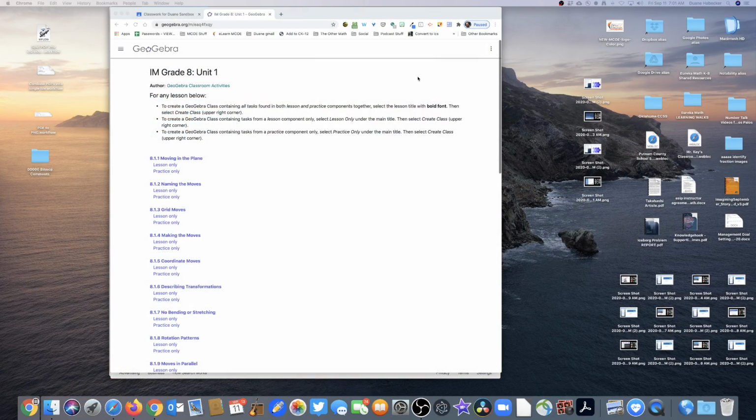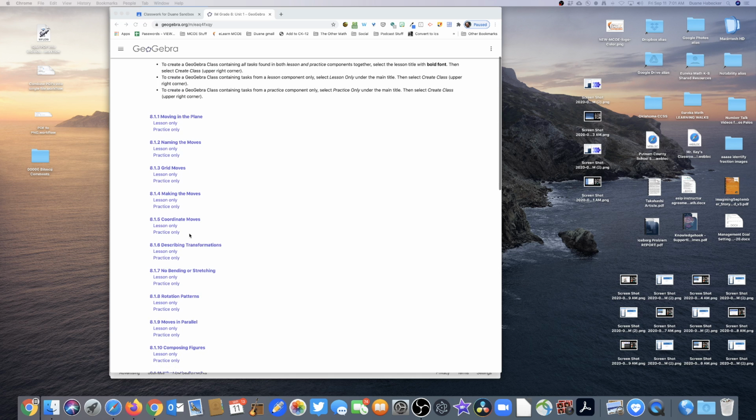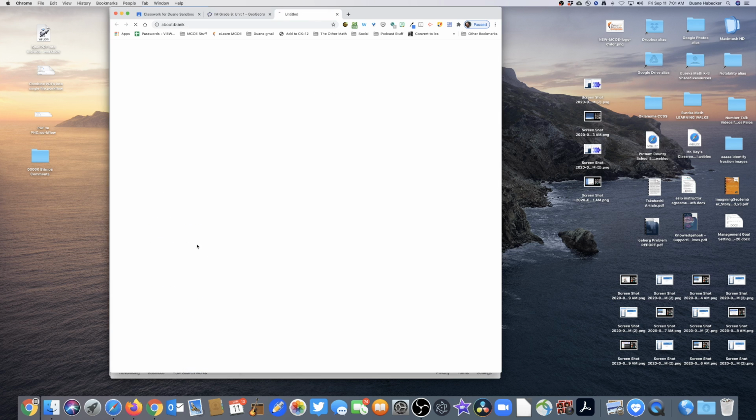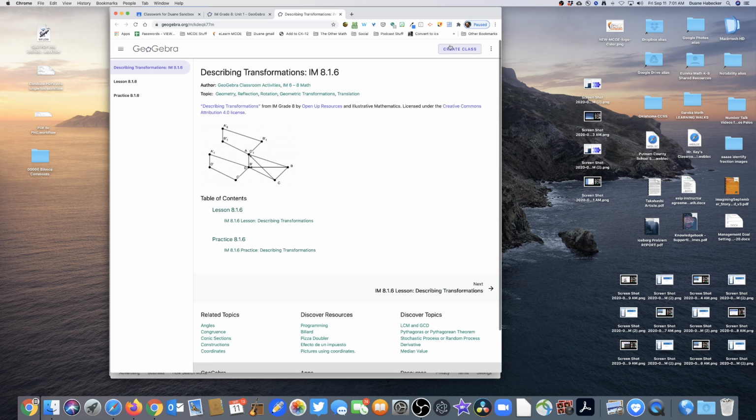So I'm going to show you a couple of things. If I sort of understand, let's say they want to do transformation. So I'm going to click. Now, when I click on the book, it looks like you can create a class, but right now there's a current bug that doesn't provide a turn-in button